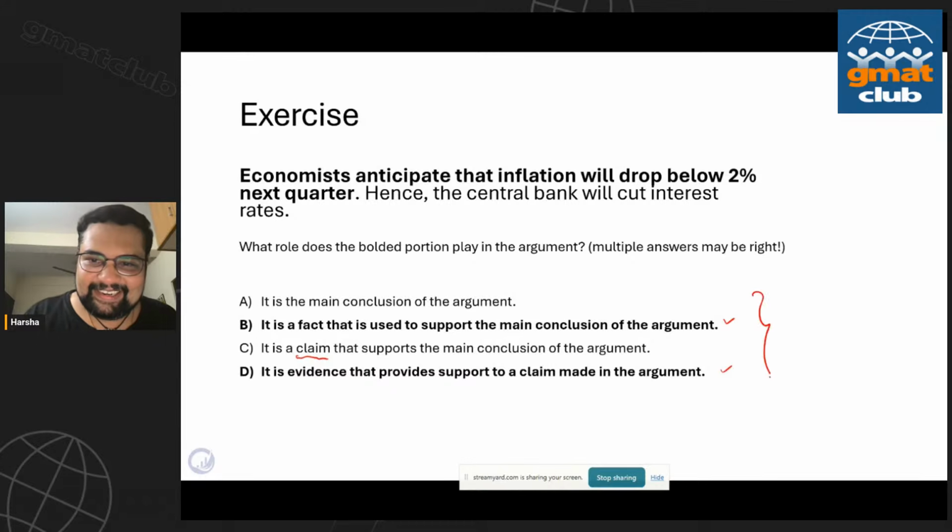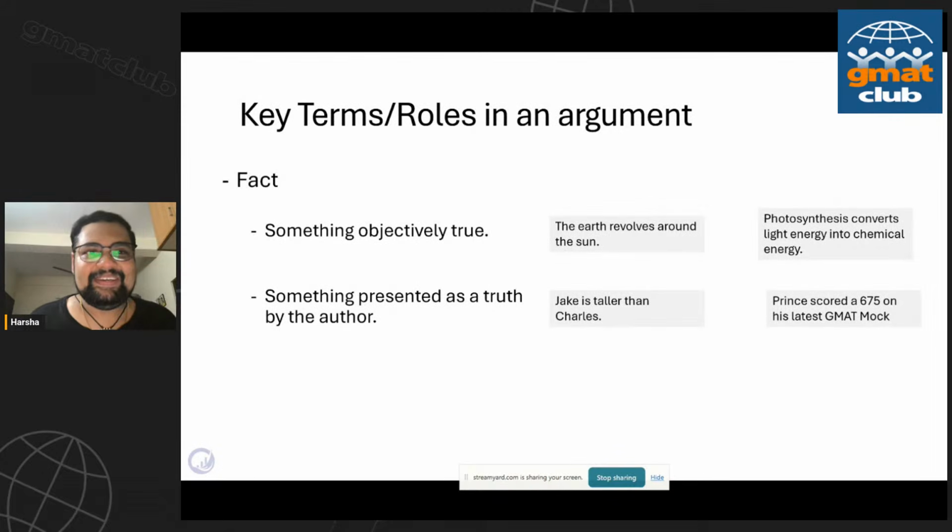Now that we have tried a very interesting question, now let's get into what's happening with regard to facts and claims. These are the first terms that we need to know, right? So yeah, Jaival, we'll come to that. Hold on. In 5 minutes, we should have some clarity on this.